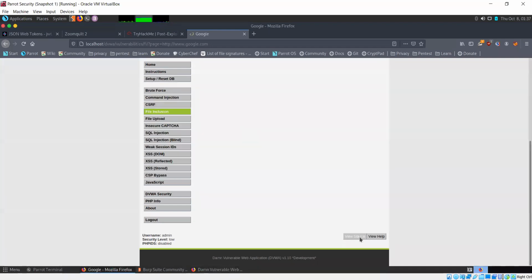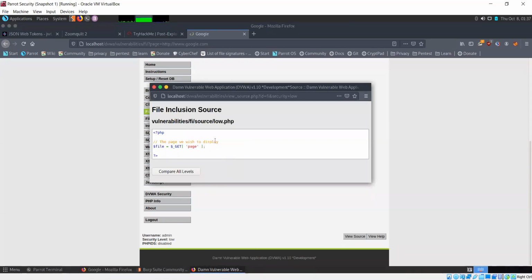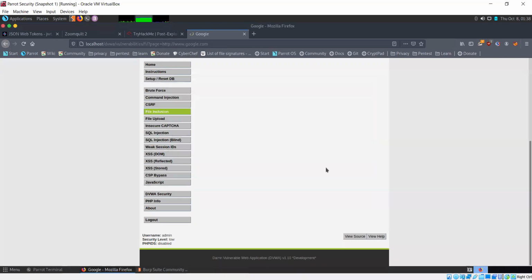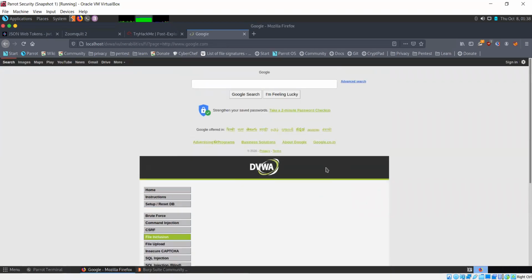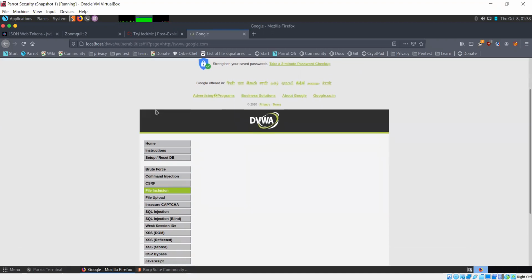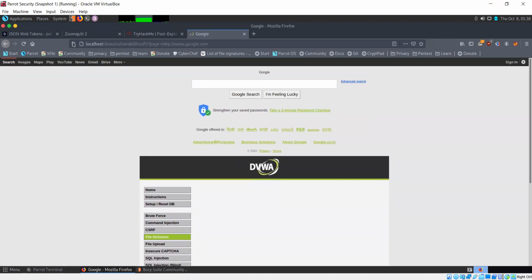Again, we can view the source code, and it's simply sending our input as this page, and it's entering that here. So this is file inclusion. If I want, I can try to access any file on the system or over the internet.